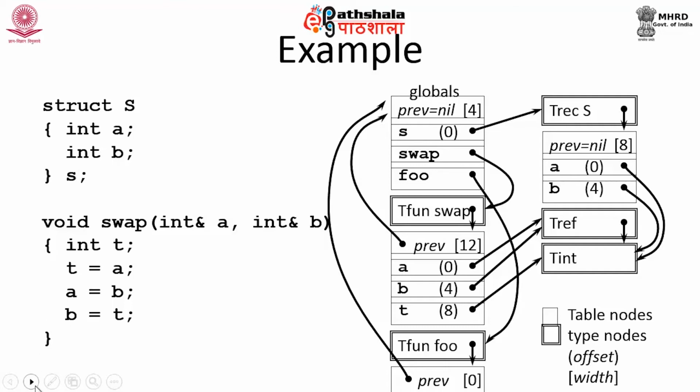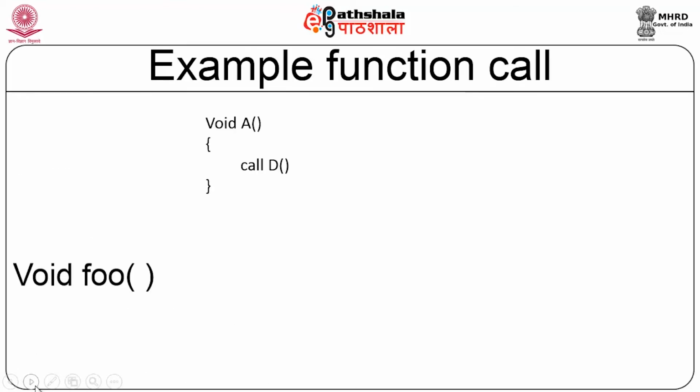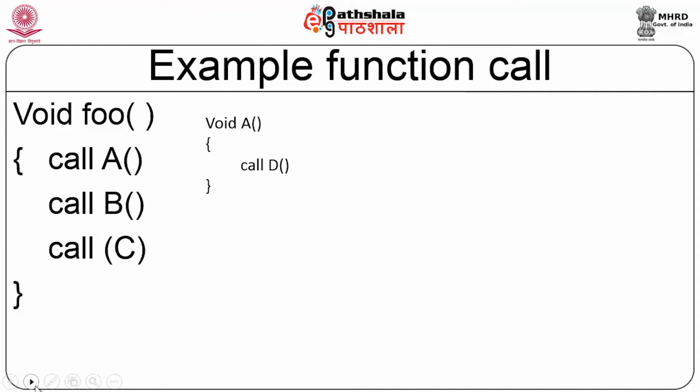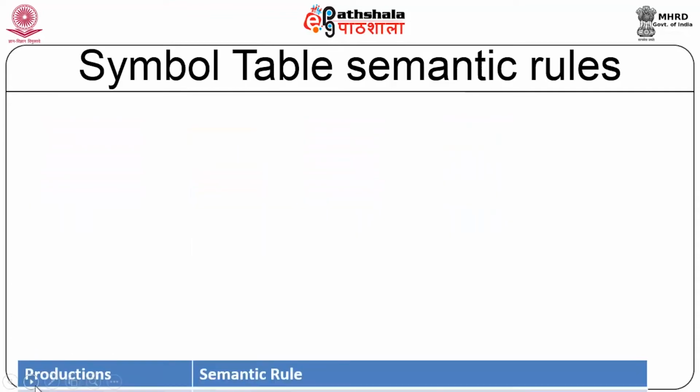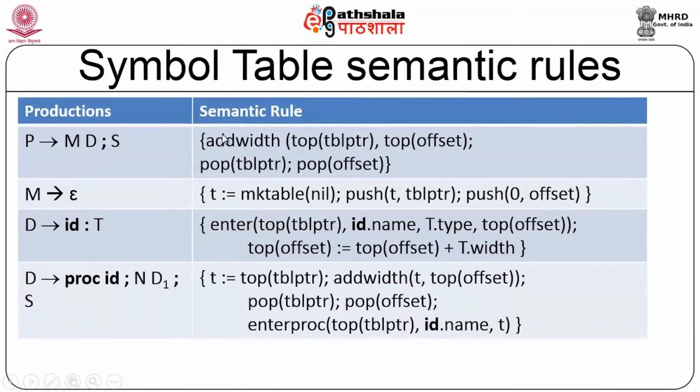Okay. So, with that information only we are going to work with, and let us just look at the semantic rules that help do this job. Now, we already know that these are your productions, and in those productions we are going to add one dummy non-terminal here called M, and there is one dummy non-terminal here called N.